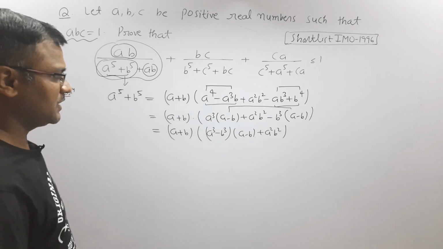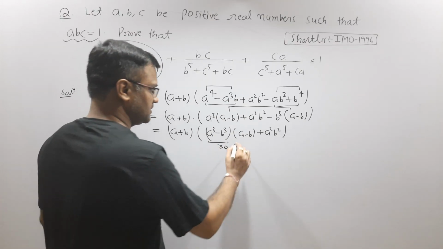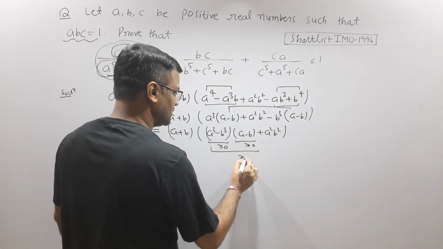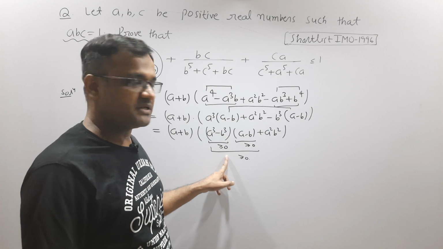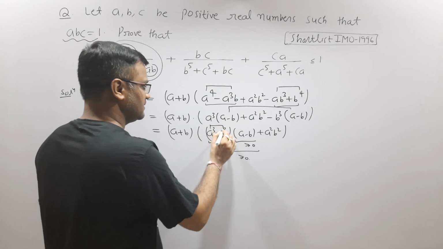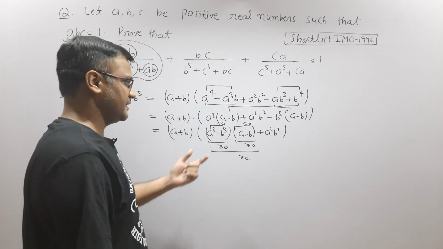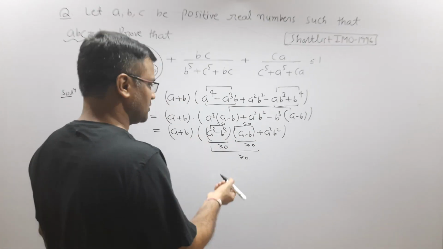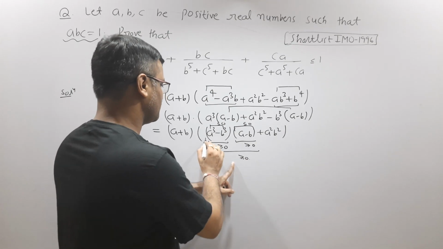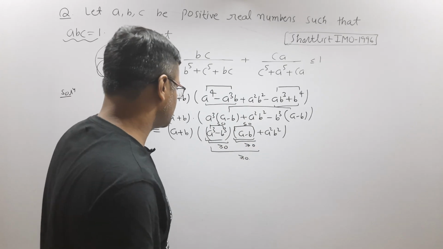Okay, now if a is greater than or equal to b, then definitely this quantity is greater than or equal to 0, this is also greater than or equal to 0, and the product of two non-negative terms is also non-negative. And suppose the next case, if a is less than or equal to b, then this quantity is less than or equal to 0, this is less than or equal to 0, and if these two terms are individually less than or equal to 0, then obviously their product is greater than or equal to 0. So we can say that the product of these two terms is always non-negative whether a is greater than or equal to b or a is less than or equal to b.